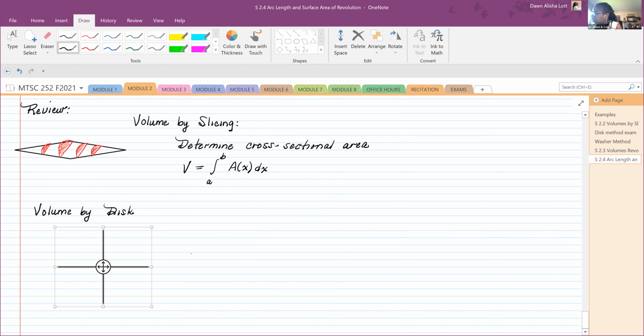Here's my region, A and B. And then we revolve the region